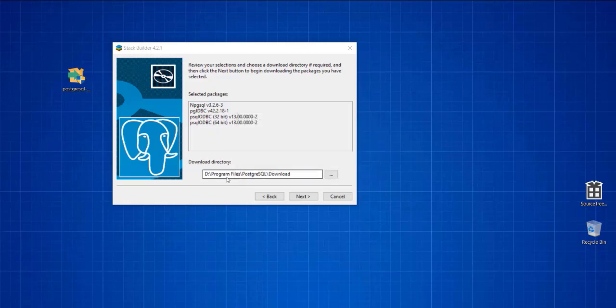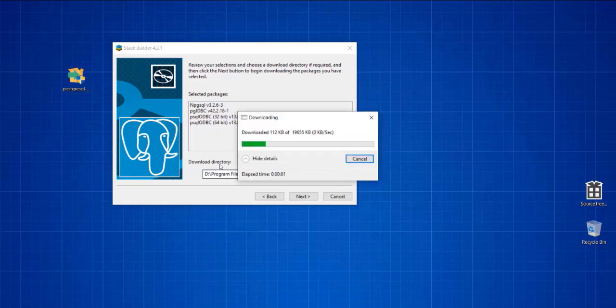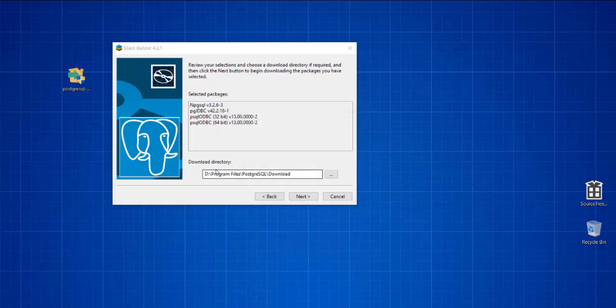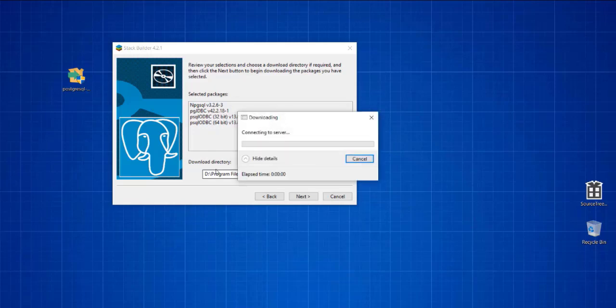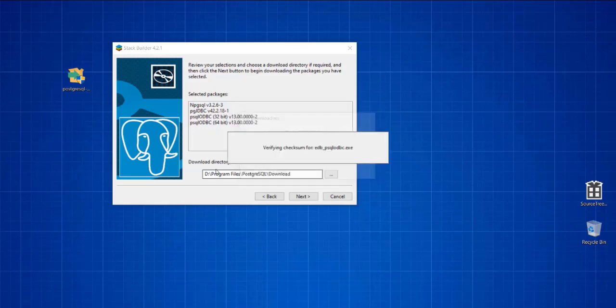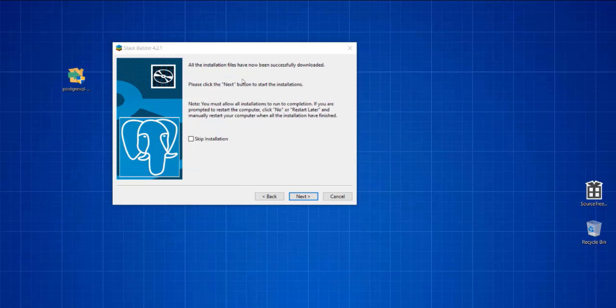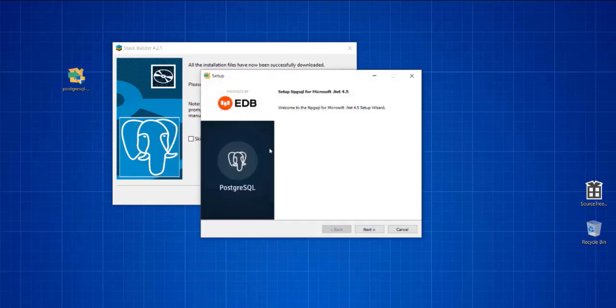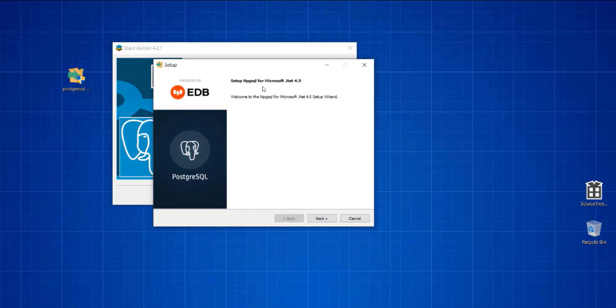Now it has 4 components. All of those will be downloaded and verified. Now at the end you can see all the installation files are now successfully downloaded. So now we can click next, and now we have our stack properly installed, and it will move to .NET